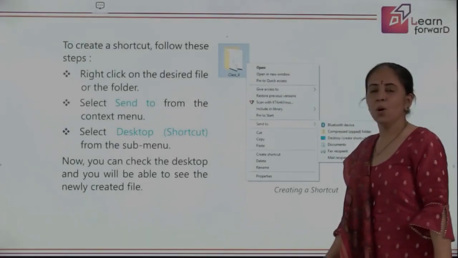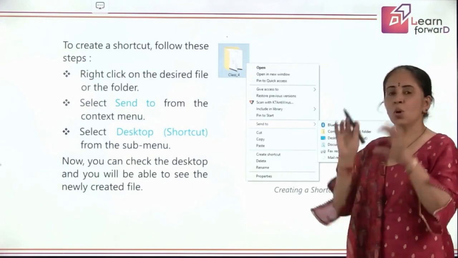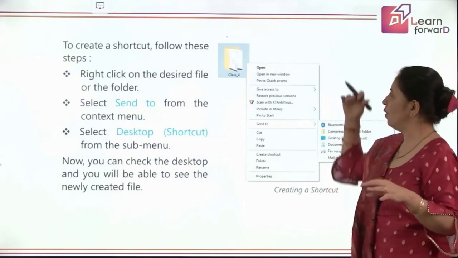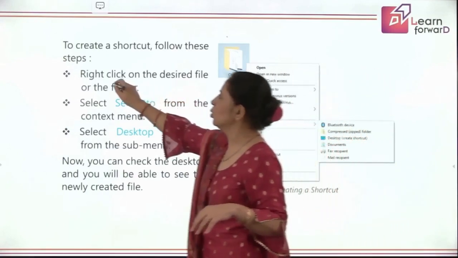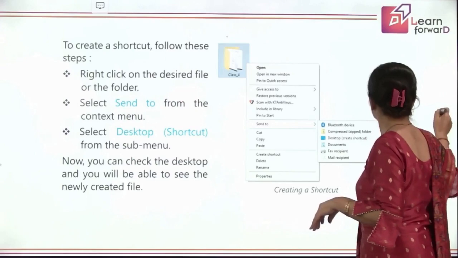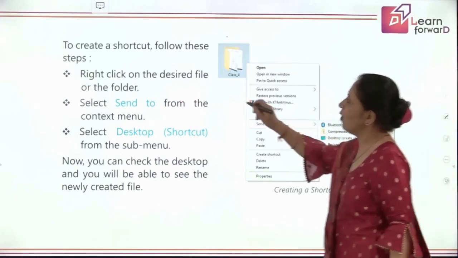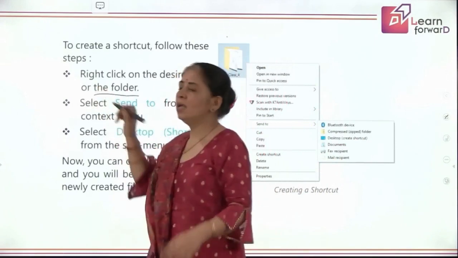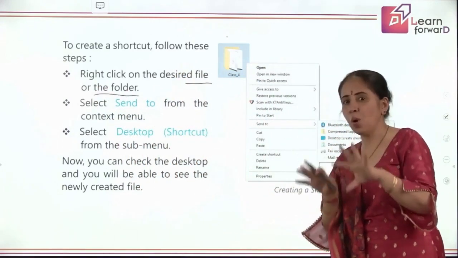So now we are going to learn how to create the shortcut. Creating a shortcut follows these steps. So what's the action to be taken? First thing is we are going to right click on the desired file or folder. Okay, so we'll be reaching that file or folder for which you want to create a